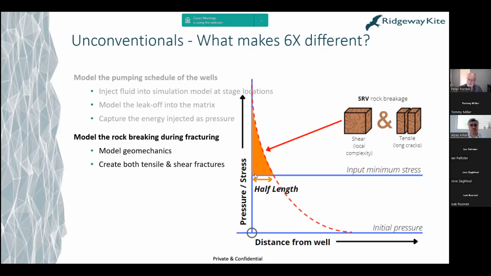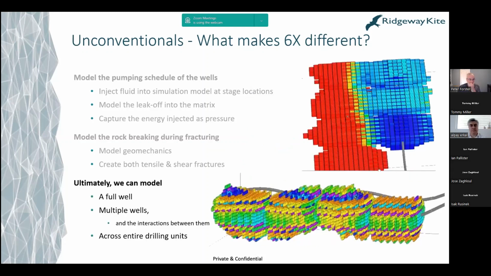The distance out into the reservoir that we reach with that negative net stress is going to be the half length at that given location of our fractures. So that's going to give us the extent of our SRV along the well bore. So that's just one point along the well. We are modeling lots of those simultaneously to capture all the clusters within a stage, and then we're modeling the clusters within the next stage and so on until we build up a representation of an entire SRV along a well, and we can then